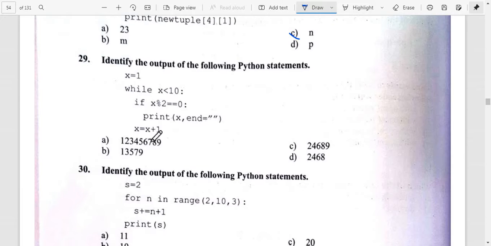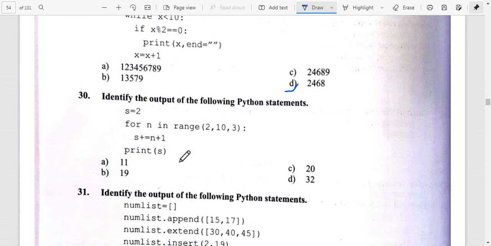Each time x mod 2 equals 0, we count it and then add 1. So once we include the value, then we get the output. So the answer for question number 29 is 2, 4, 6 and 8, D.